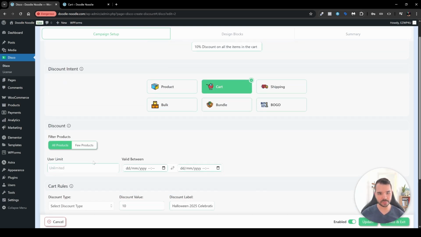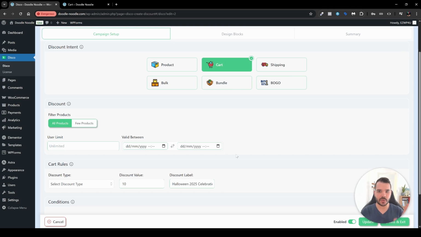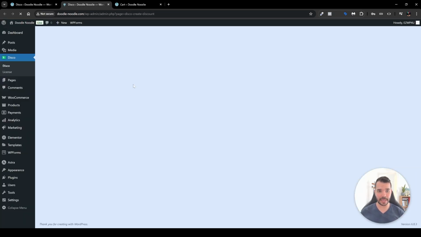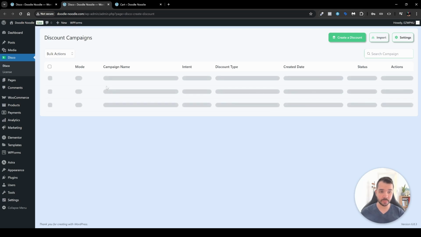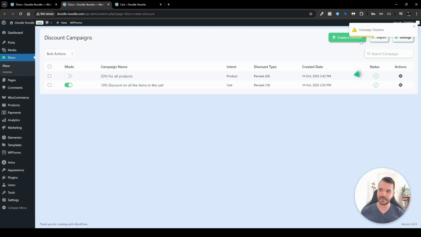Also here we have all products or just a few products. Again, this only depends on your preferences and what you want to give, specifically depending on your cart. So for example, let's remove the previous discount. Let's disable that. So we have the 20% off on all products. Let's disable that. And we have here the campaign has been disabled right here in the top right hand